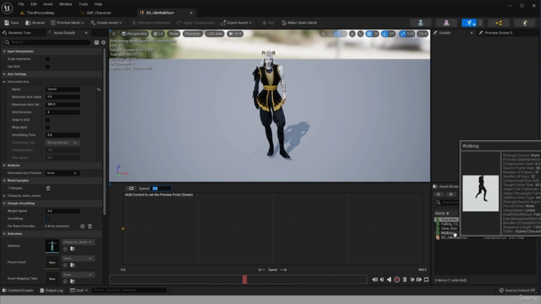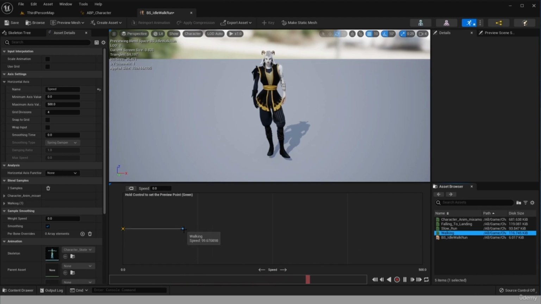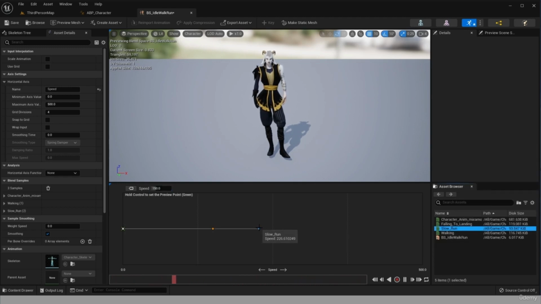Then next one is walking. Again, just drag and drop, select, and here you can choose any number. I will choose 150, and then slow run will be the end, which is 500. Okay, perfect. Let's click save, and now you can see that we can click play and pause to demonstrate the animation,